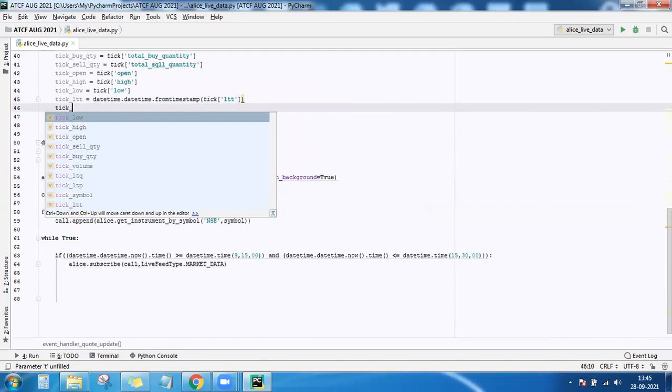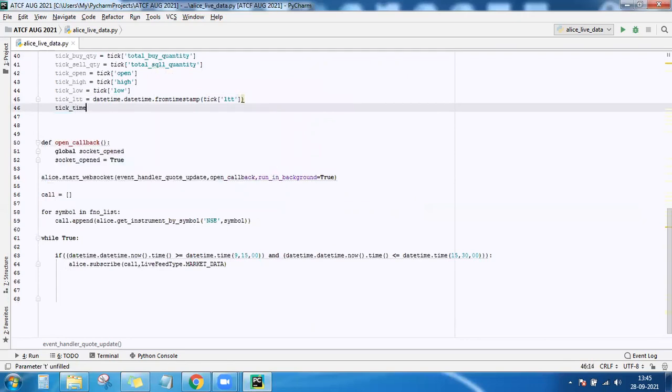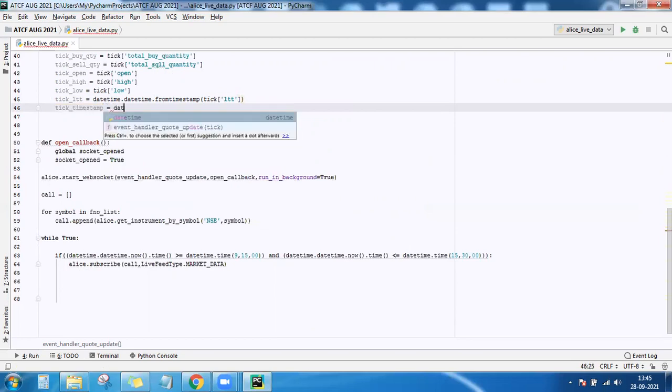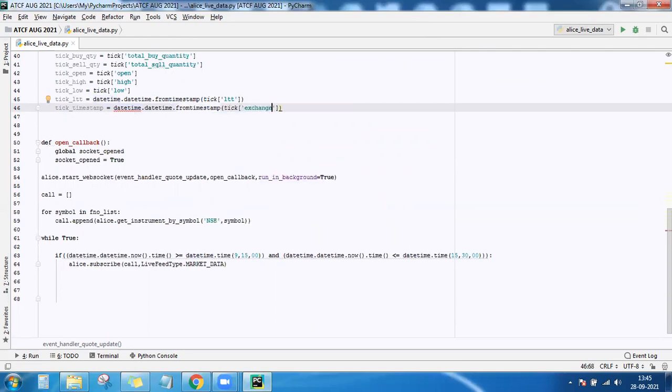Likewise, the exchange timestamp, exchange underscore time underscore stamp.